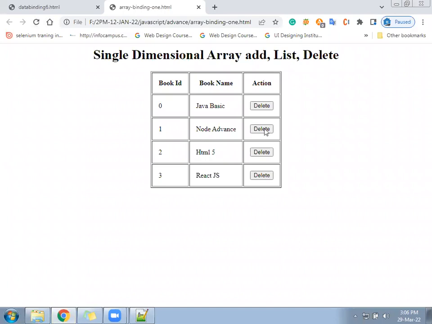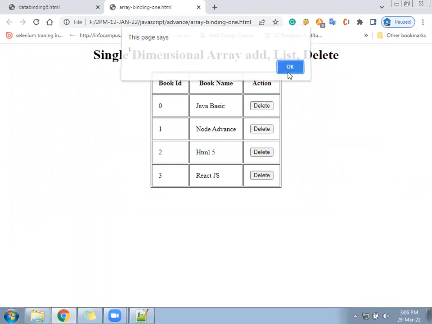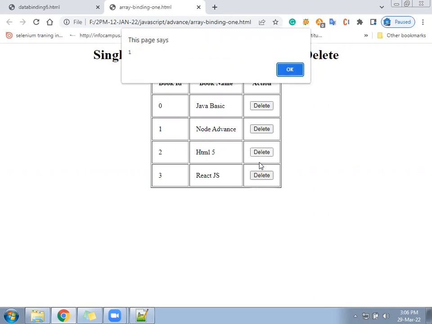If you click any delete button, 1 should come as alert because we are given 1 as a fixed value.